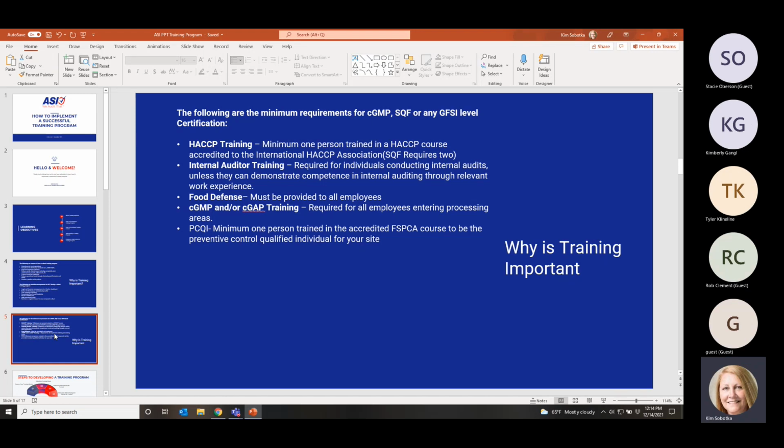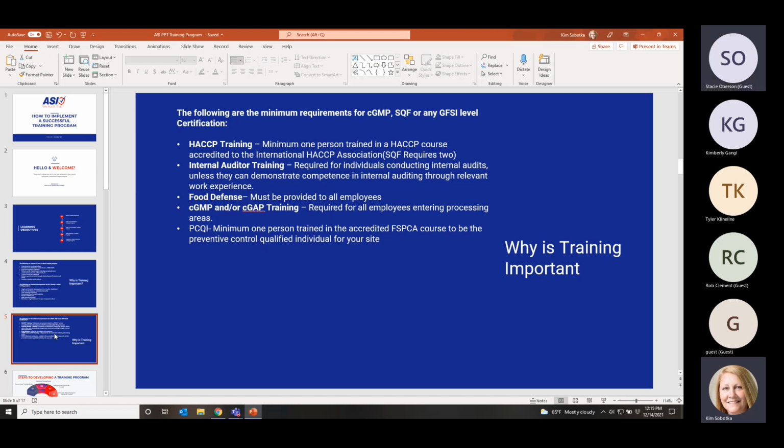And again, I'm going to use washing your hands as a good example. Obviously everybody's encouraged to wash their hands, quite often during this COVID world that we're living in right now. But we've got flu issues. Somebody goes to the bathroom, somebody eats, and they eat a peanut butter and jelly sandwich. So then there's that allergen risk. So everybody should be trained that walks through your door, regardless of what role that they're in. So, again, keeping in mind that these are minimum requirements for GMP, SQF, and GFSI level type audits.